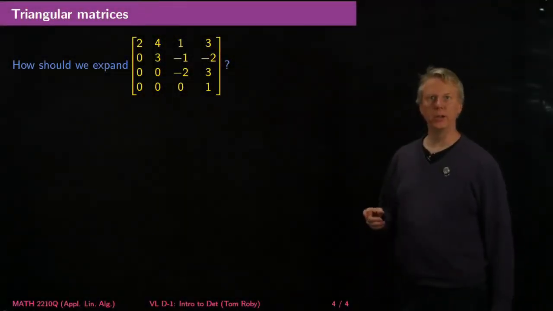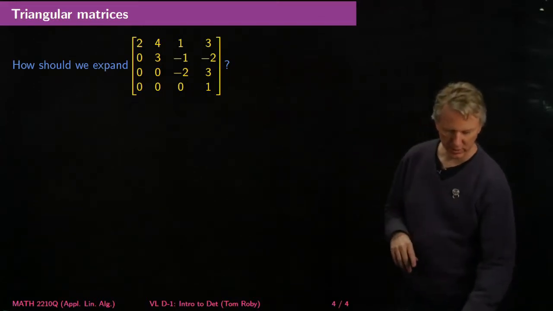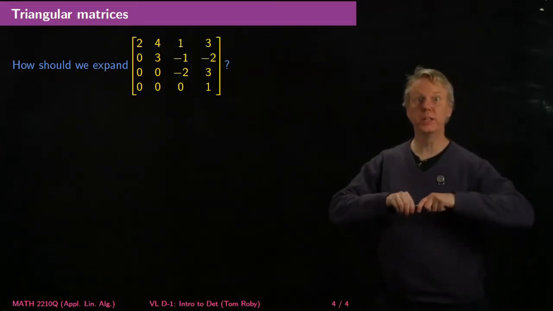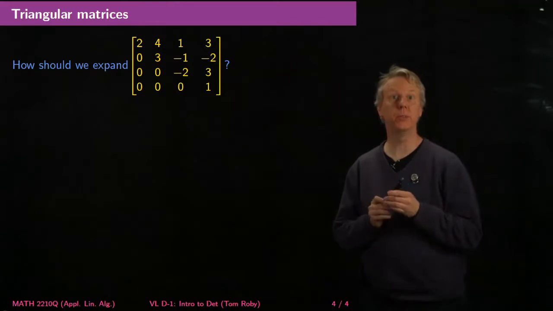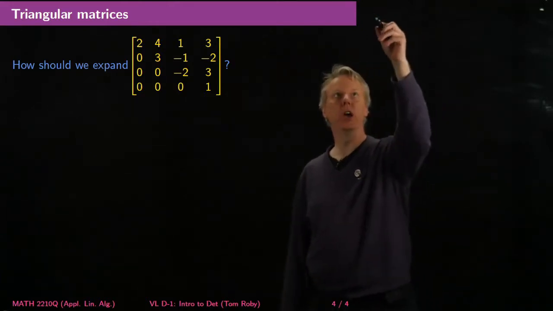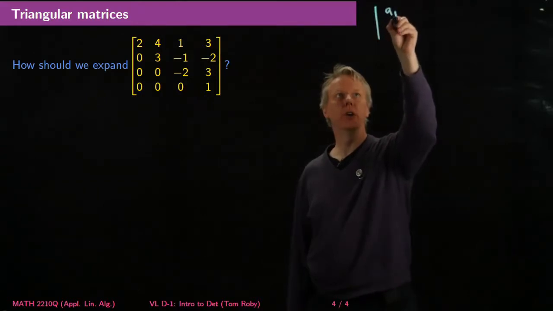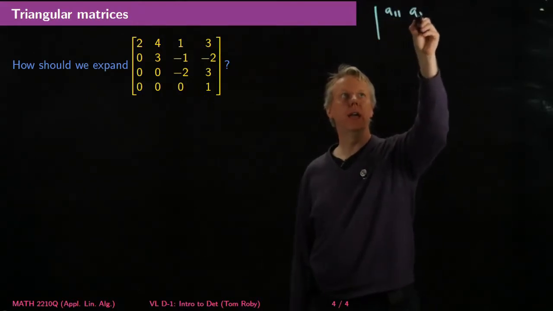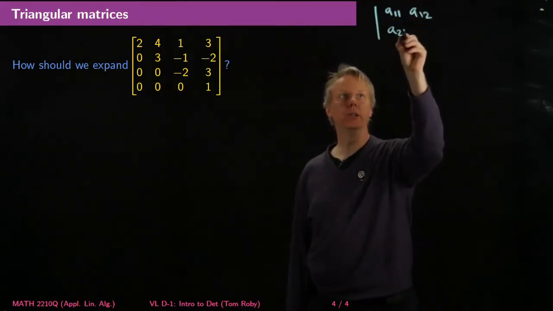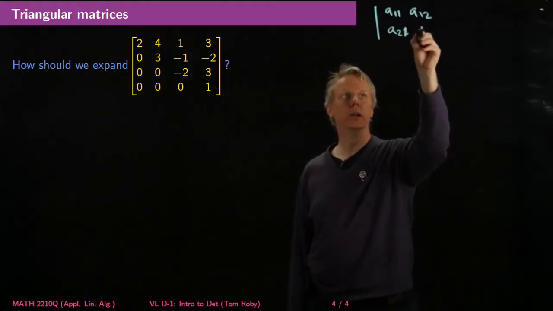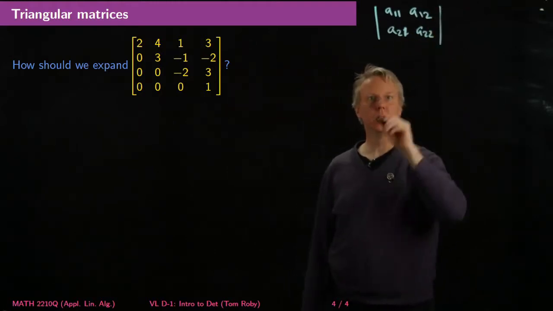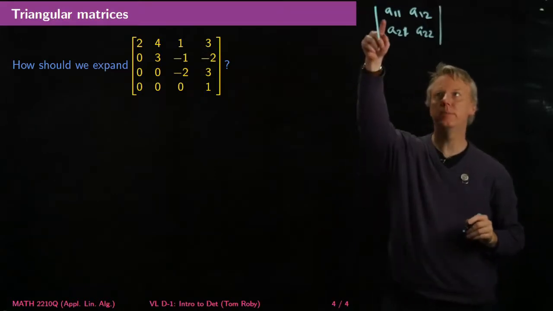Okay, so before I talk about triangular matrices, there's one thing that I forgot to say earlier, which is why this definition makes sense for 2 by 2 matrices. We know in general that the determinant of the matrix with entries A11, A12, A21, A22 should look like this. Well, if I expand it,